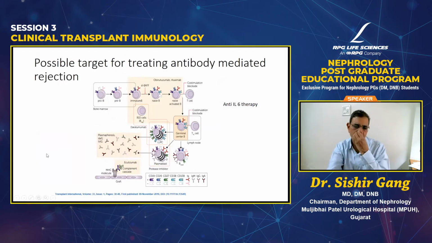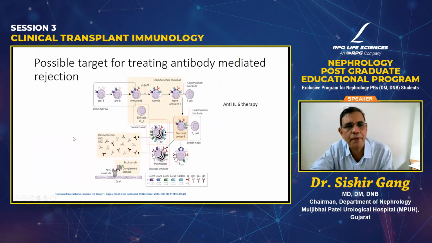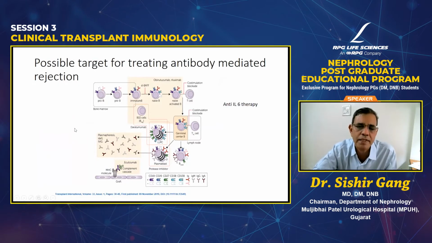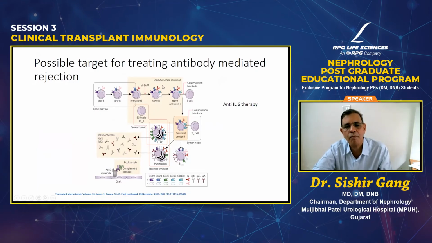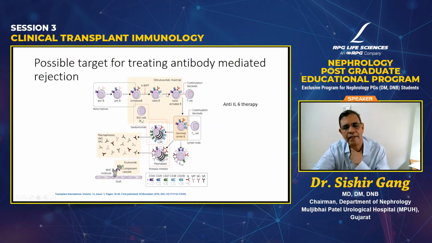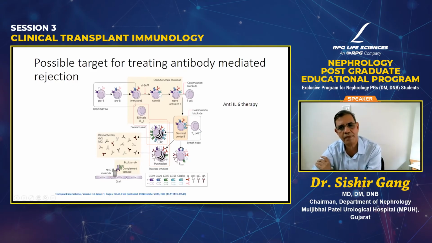So what are the targets we can use to dampen the effect of the B cells? Obviously, B cells are important for antibodies, so if you think antibody is responsible for the rejection, one could use anti-B cell therapy. As you all know, you can use rituximab or obinutuzumab. There are several anti-B cell antibodies, especially against CD20. One could use a co-stimulation blockade. Co-stimulation blockade, especially against CD40, was developed, but later Novartis abandoned it because of some side effects. Otherwise, it was developed to prevent both T and B cell activation.